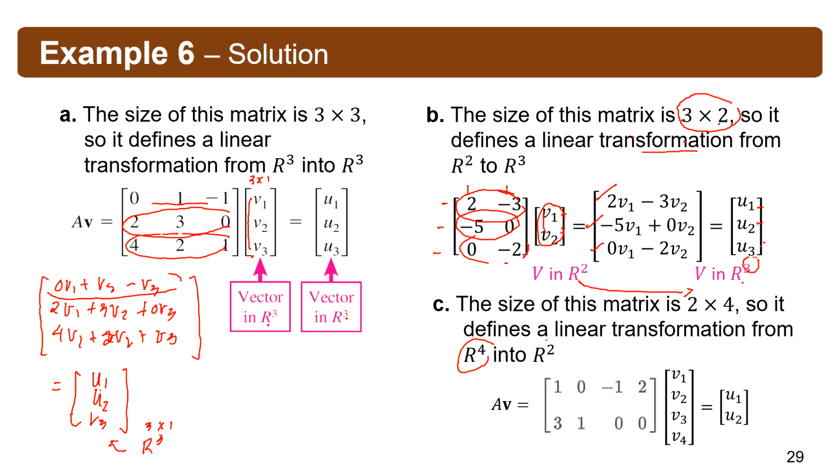So you see what will happen if this one is multiplied to this, then you will have one row. Multiply here to this one, another row. So we have 2 rows. So this will be in R2 coming from R4. Okay? So this example will just show what will happen to your vector or to the transformed vector when you apply these matrices of the given size, like 3 by 2. So you're going to apply a vector in R2 and the result will be in R3.